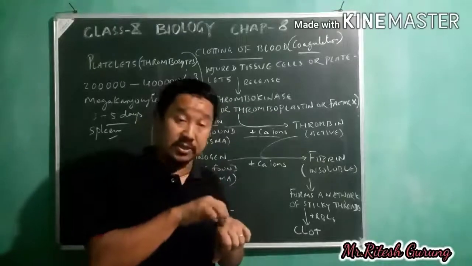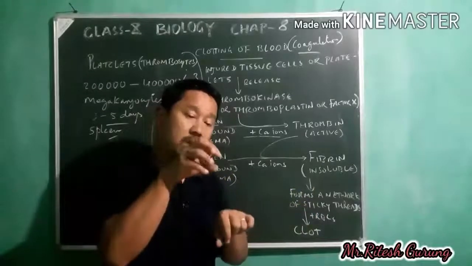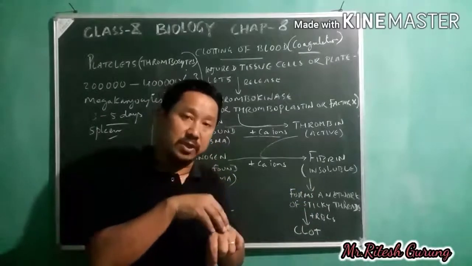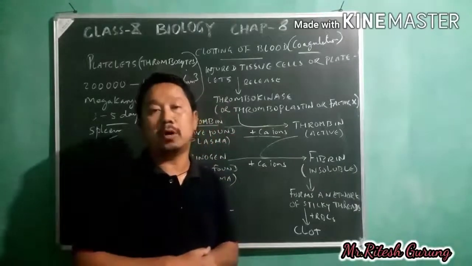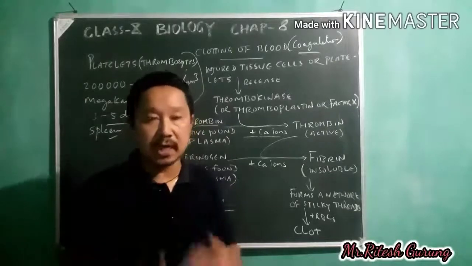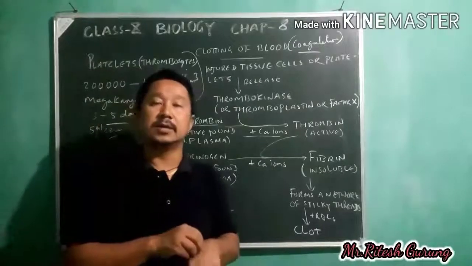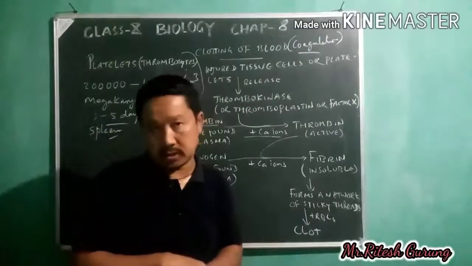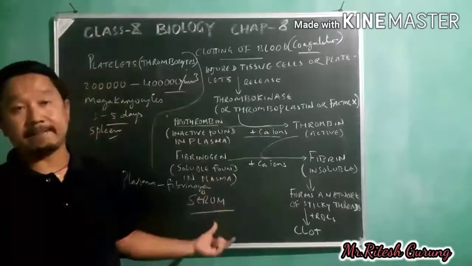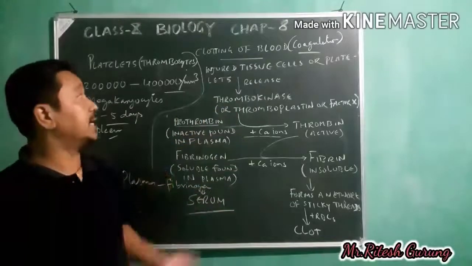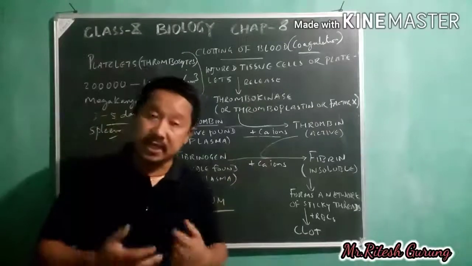That means from that injured region, the blood was flowing out. Now a solid, net-like structure is formed there in the injured region, which blocks the flow of blood. So this is how blood clotting takes place, and this clot stops the flowing of blood. Suppose the clotting doesn't take place, if the blood is not coagulated, or let us say there are no platelets,